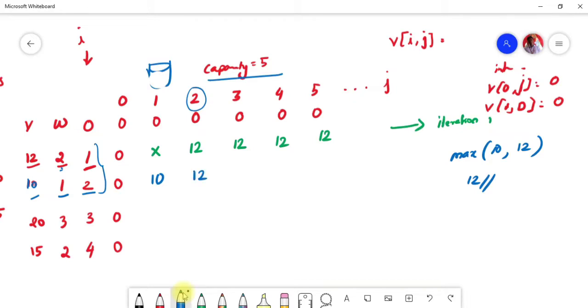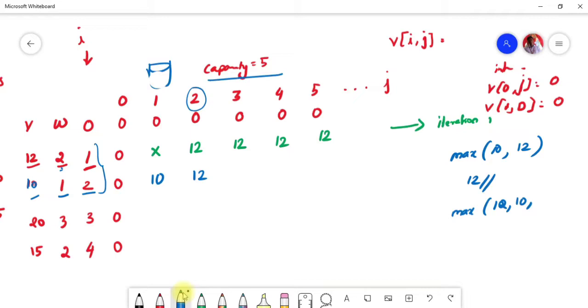Then for the capacity 3, apply the same method. So for that, let's find out the value. Either you can include item number 1, which is 12, and you can include item number 2, 10, so you can include both items.